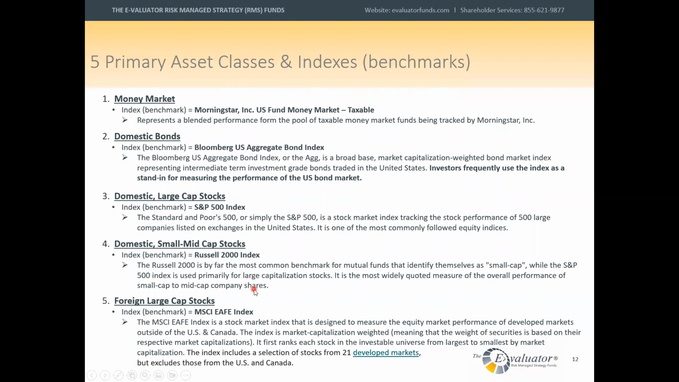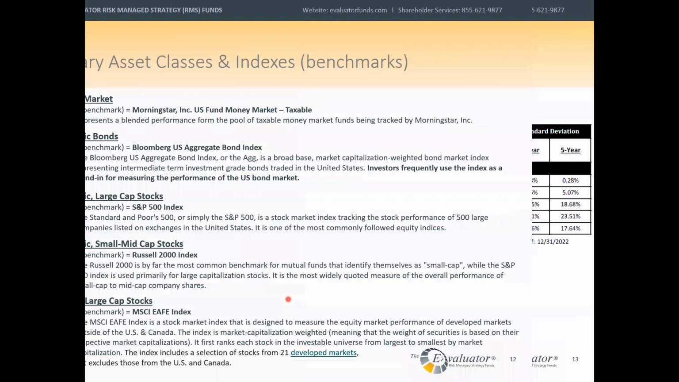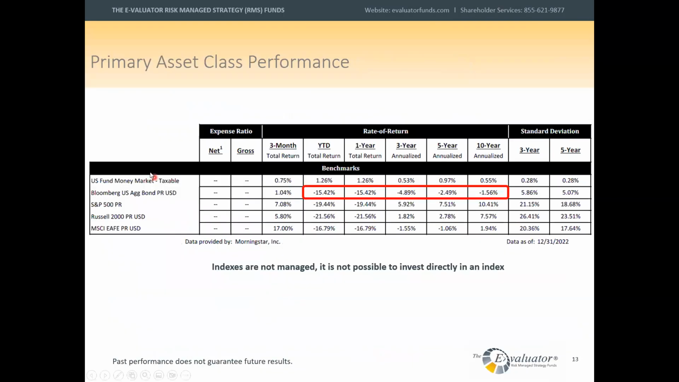And for foreign stocks, we're going to use the MSCI EAFE index. All very common standard indexes for each of these asset classes. You can see the returns for each of these indexes as of December 31st. You can see 3-month, year to date, 1 year, which happen to be the same since it's calendar year end,